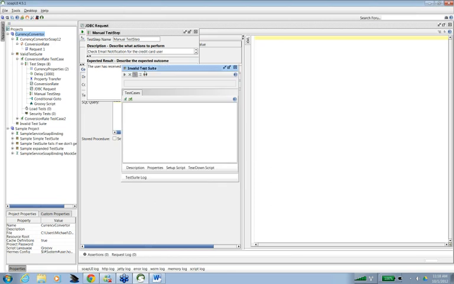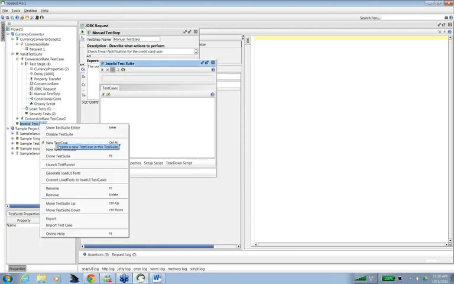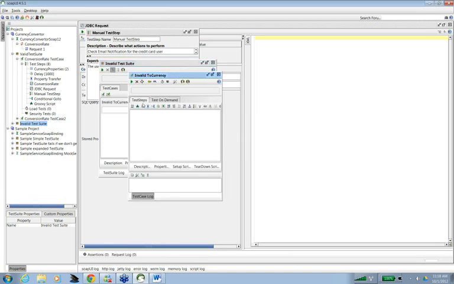Okay, and again in invalid I can add test case. So I would write new test case, invalid to currency.